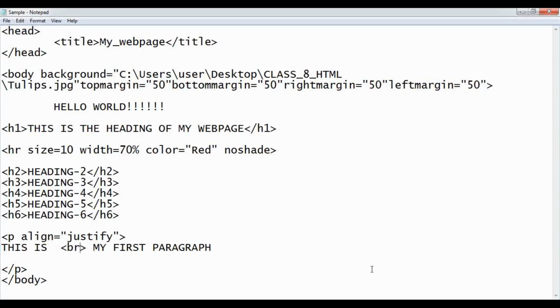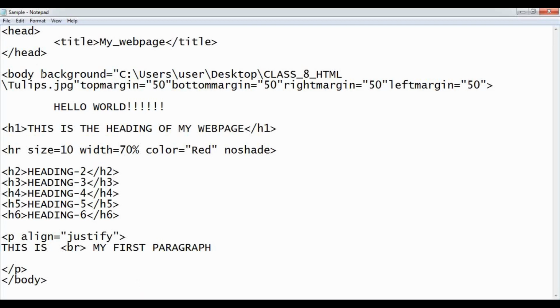Now let us revise what are the tags we have discussed. First we have seen the two elements of the web page, that is head and body. Head tag will contain the title of the web page within the title tag, whereas the body tag will contain the content of the web page.